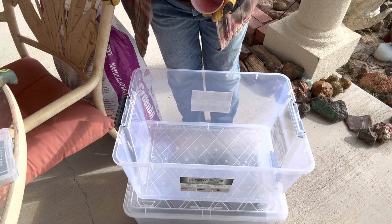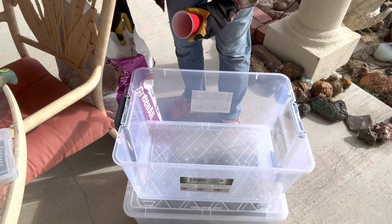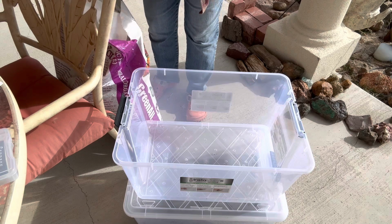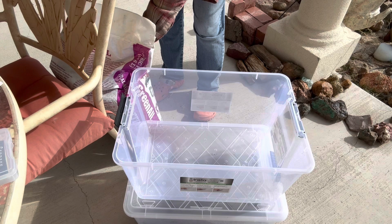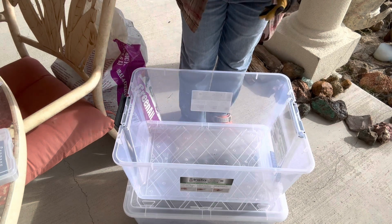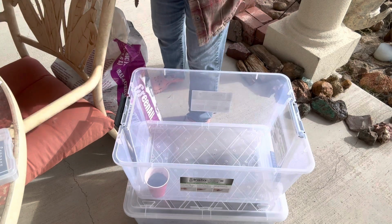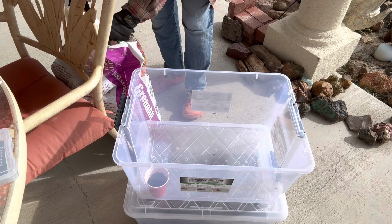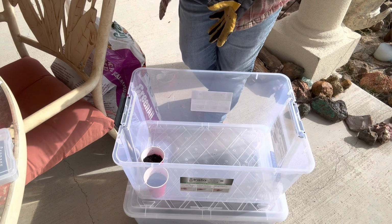So once I'm ready to start planting, I will write on each cup what's in it and fill the bottom of this tub. Now for this, I'm going to use another scoop. That other one's just too big for this type of a job. But again, you want 3 inches of the soil in each cup. So I'm just going to finish filling all my little red cups, and we'll come back to see how they're